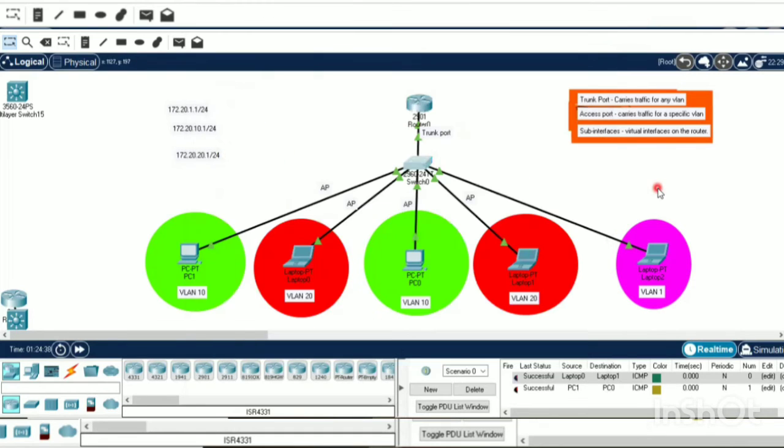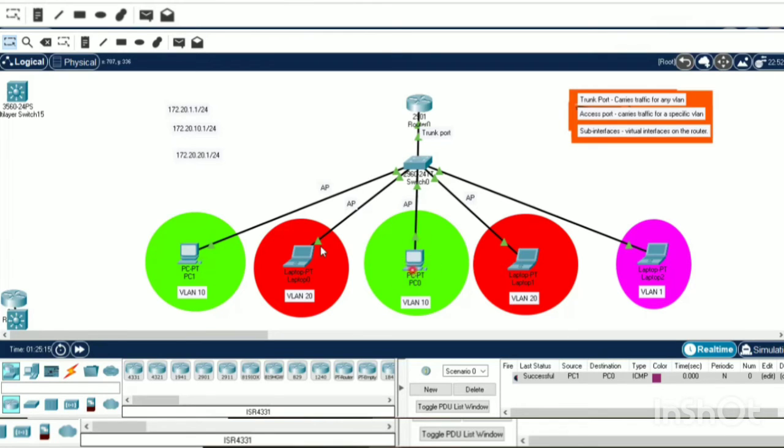Now all the configurations are done. Let me check the inter VLAN communication. Okay, VLAN 10 to VLAN 20 failed because the IP address is not configured yet. So we have to create a DHCP pool on the router for each VLAN. But intra VLAN communication is happening without an IP address.